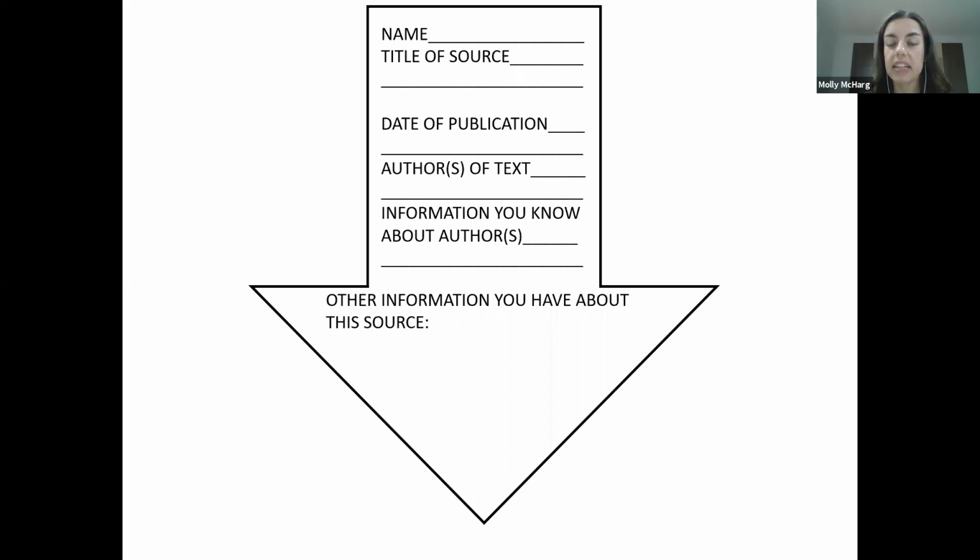They write the date of publication, the author or authors of the text, information they know about those authors, and then other information they have about that source. So this is fairly basic. It's really just filling in the blanks, okay? And I'm going to show you an example